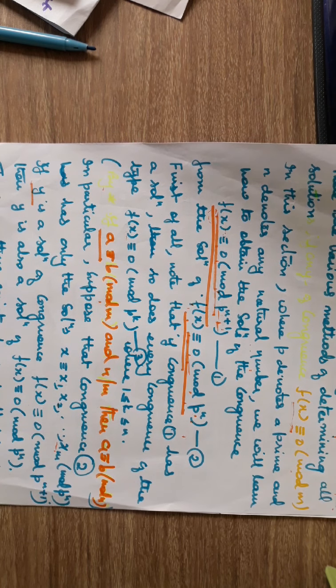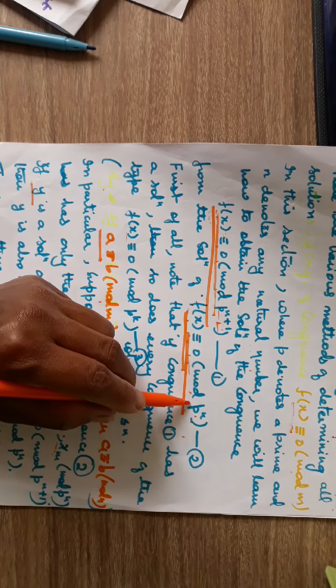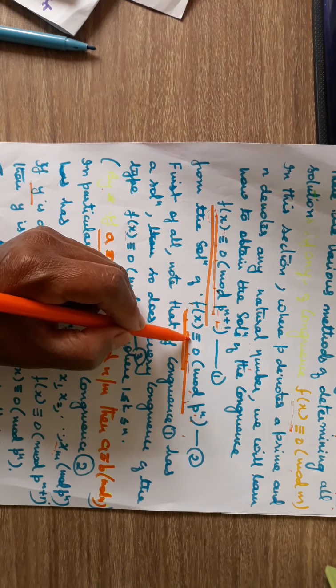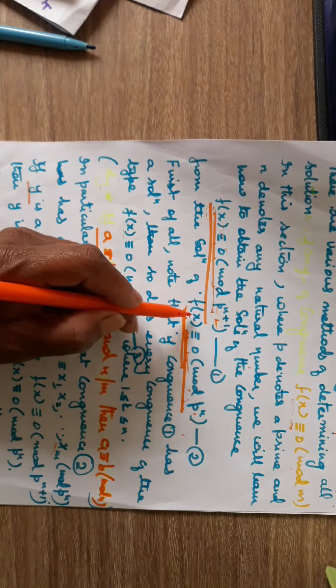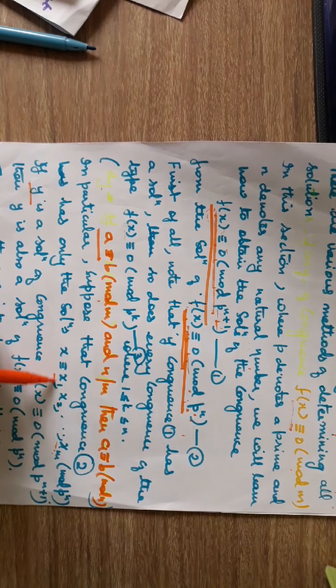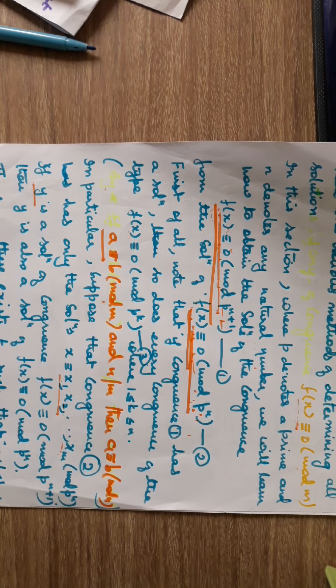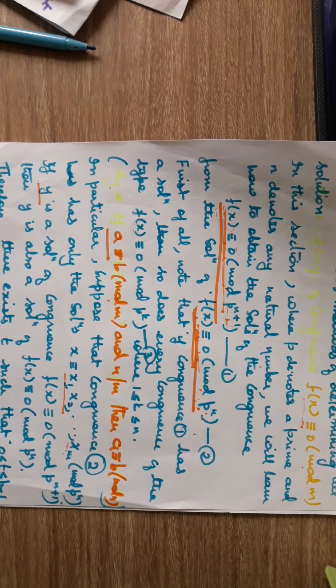That is, y will be congruent to x_i modulo p^n, because x_1, x_2, ..., x_m are the solutions of f(x) ≡ 0 modulo p^n, and if y is also a solution of this, with y being the solution of equation 1, then y also being a solution of equation 2, it means that y will be congruent to x_i, where i varies from 1 to m. So which implies that t here will be